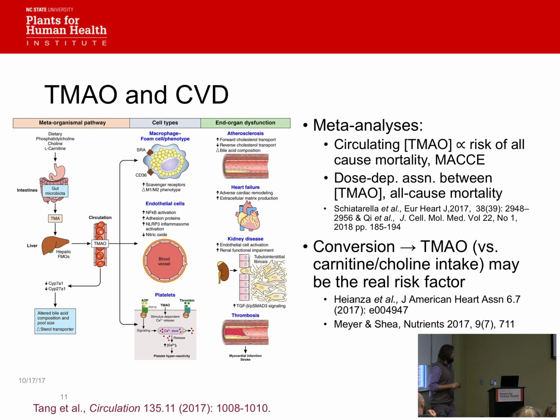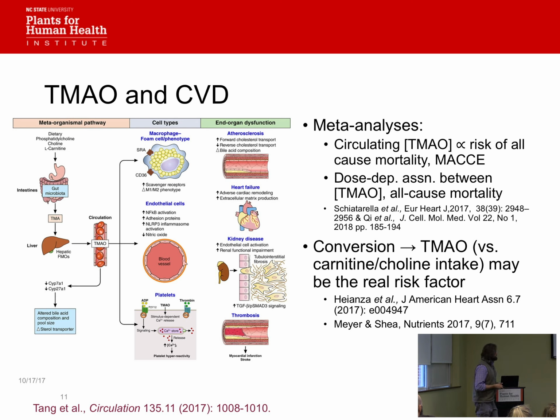What is new is their role in cardiovascular disease. Based on a bunch of research that I'm not going to present, we now know that TMAO has deleterious effects in terms of creating foam cells, altering the macrophage phenotype, endothelial cell inflammation, enhanced adhesion, and platelet activation and clotting. Basically, TMAO can contribute to the development of atherosclerosis, heart failure, kidney disease, and thrombosis. And I'm part of a group working on this, though it's not something we came up with: there are signs that it can actually disrupt glucose metabolism.